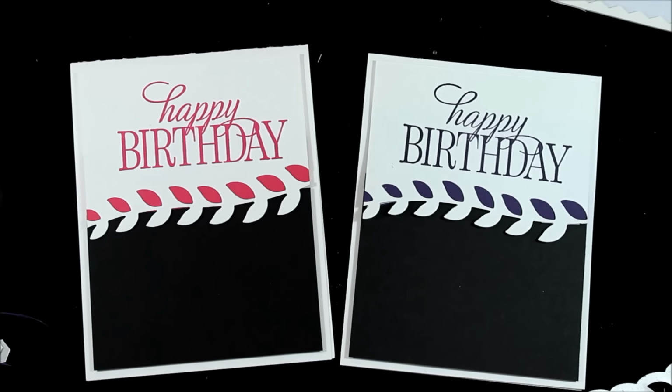I love them. And I've been having a lot of fun with the Botanical Builders Framelits as well as the